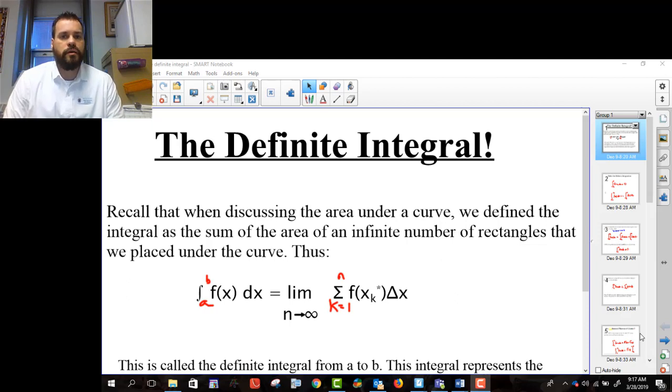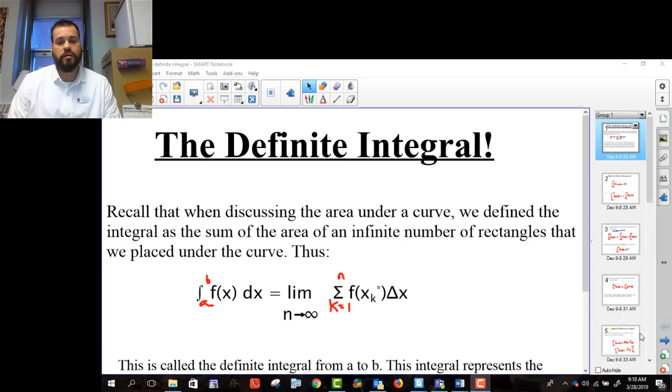So we want to discuss the concept of definite integration. When we first started talking about integrals, we discussed the idea that we could take an infinite number of rectangles and stick them underneath the curve, and then we could find the area of those rectangles, and that would be the integral. So we defined it like you see on the screen, where the limit as n approaches infinity